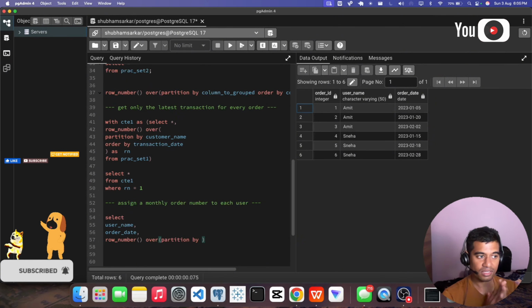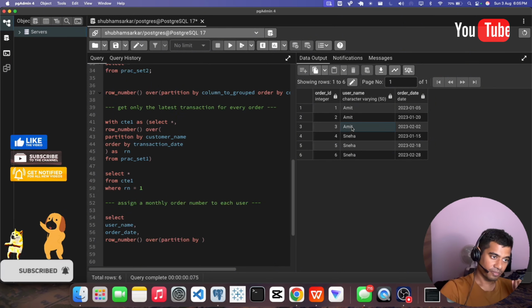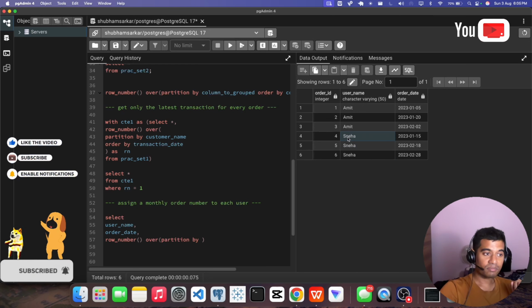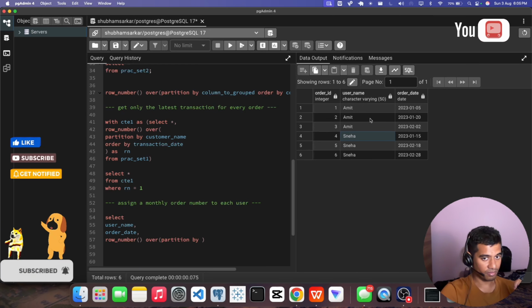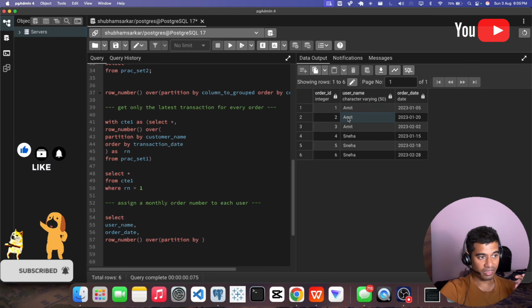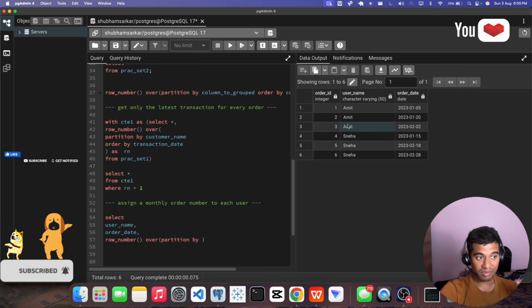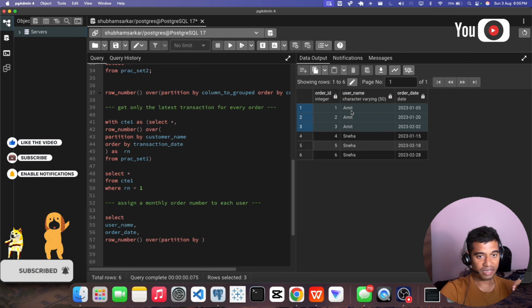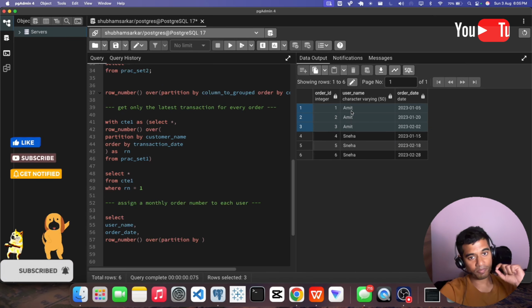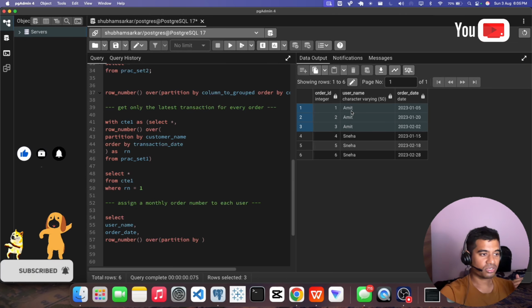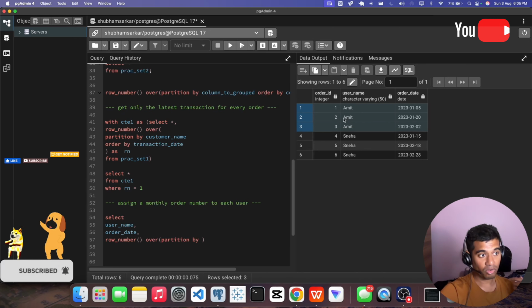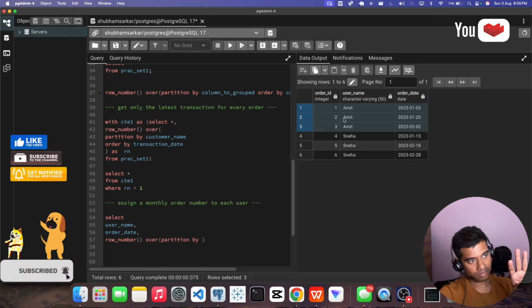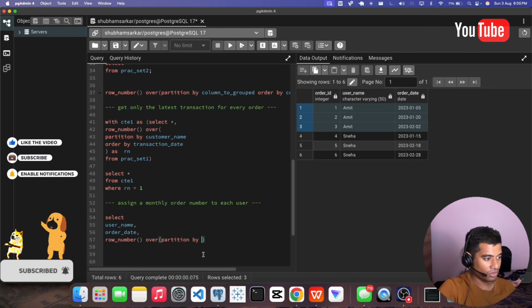See, here you will see things like the name, or the order id in some other table, will be the same, like those data which are the same, like here customer name is repeated many times. So in this way you can do partition by. You can just group this data, like Amit's data, in partition by. This will be one group, means the positioning 1 2 3 will be done among these three data, or this one group having three similar data like this, right? So partition by what?